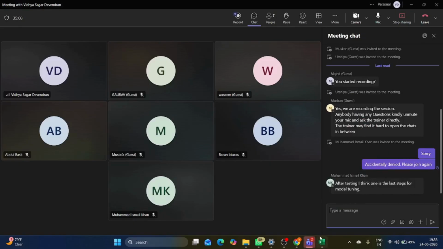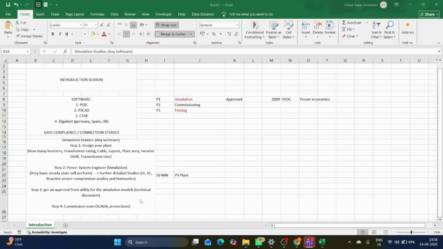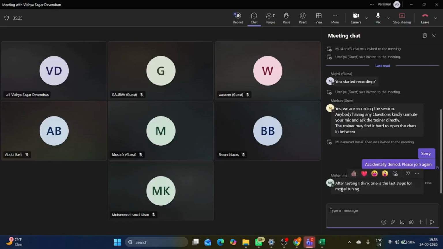Someone has joined. After testing, I think one of the last steps is model tuning. Yes, that's possible. After testing, if the results are not coming as per the simulation software, then model tuning may be required. Suppose I have given some simulation results, and the testing people do the testing as per the simulation report. If some results are not benchmarking,